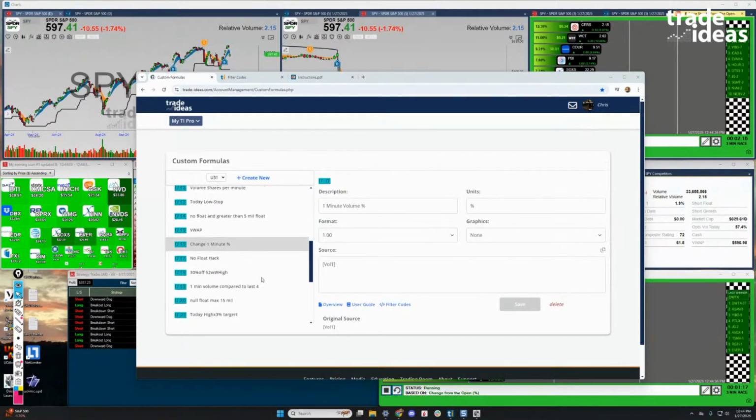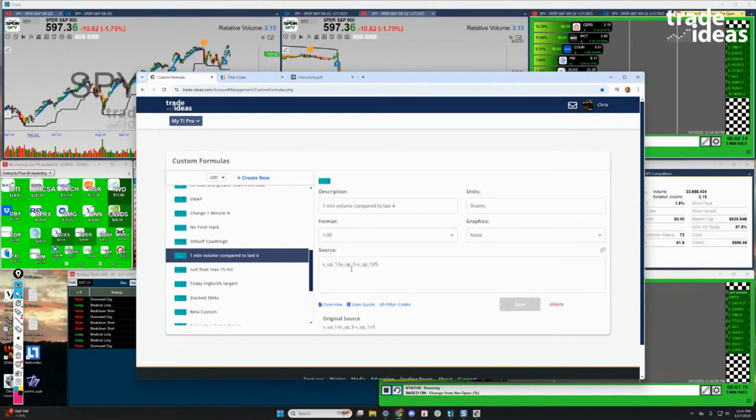So here's an example of something. I don't know, but we're comparing the last minute to the prior 4 minutes, and it looks like this is done on a ratio because it's divided by 5 at the end. So this is the current shares being traded in the last minute against the current shares being traded in the 5-minute lookback.